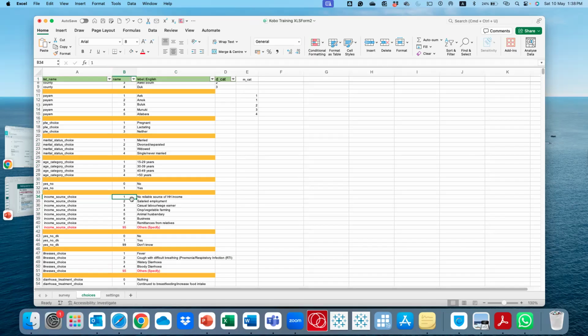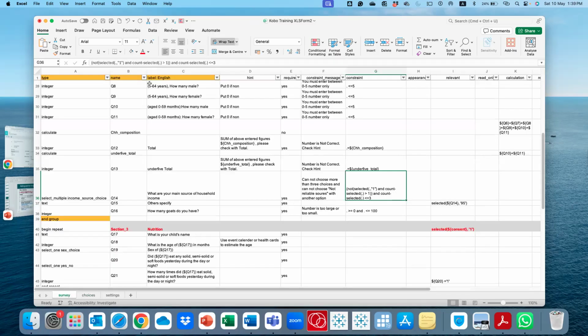You cannot select one, which is no reliable source, together with another selection. If you select this one option, you cannot select more than one option after selecting it. So this is what this means.